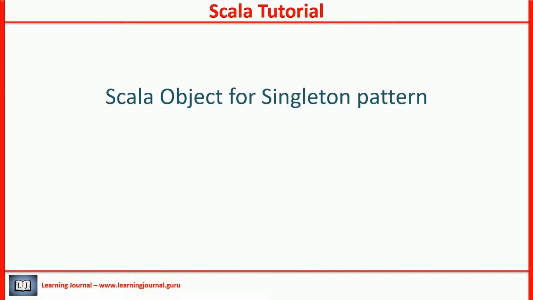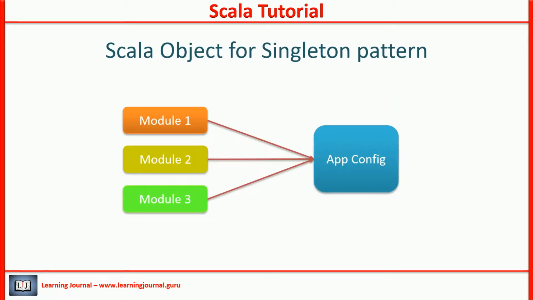The next possible use of Scala object is for implementing a singleton design pattern. I hope you are already familiar with singleton pattern and its use cases. People use a singleton object when they need one and only one instance of the class. Let's try to understand it with an example. You have an application level configuration file. You keep some configuration settings in the file and use them to customize the application behavior.